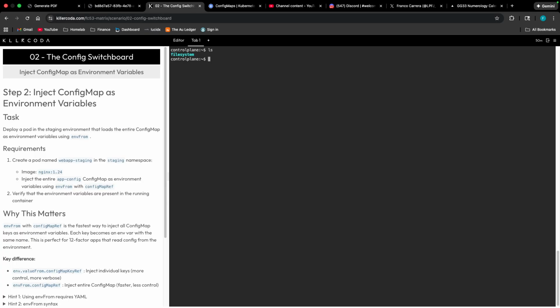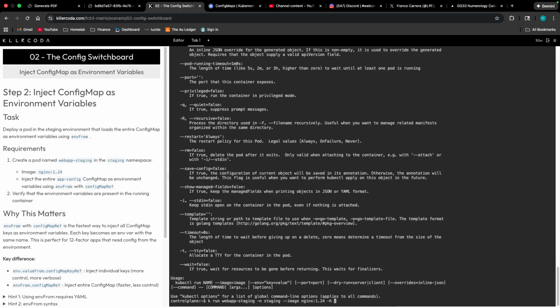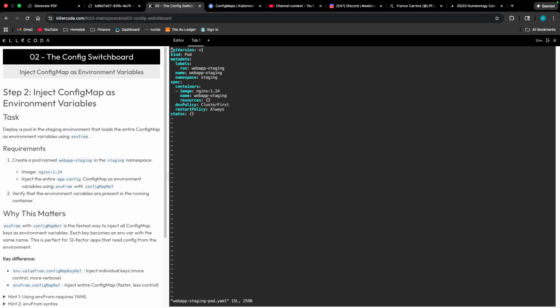But what we're going to do for now is create this declaratively because we have to add it. I don't recall if I can just specify it here when I run the pod. So we're just going to do it declaratively, which is we're going to spit this out to a file. So we're just going to verify again web app staging in the staging namespace with the image nginx. Yep. And again, dry-run=client -o yaml > web-app-staging-pod.yaml. And so again, we're going to add the envFrom under the container, right? So envFrom,